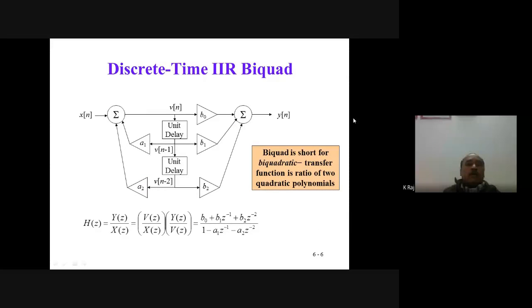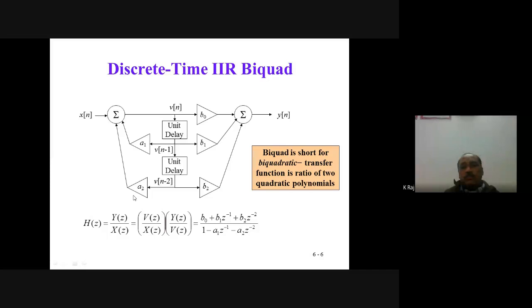Now, if we consider this as a discrete-time IIR biquad having a numerator and a denominator, then it may be represented in this manner: the input signal is delayed by 1 unit and multiplied by A1 and B1, and again delayed by 1 unit and multiplied by A2 and B2. We have described this biquad section during the direct form and direct form 2 realization of the FIR filter. And we will get the H(z), that is the system function or the transfer function